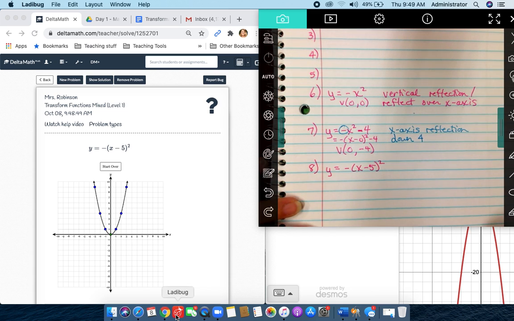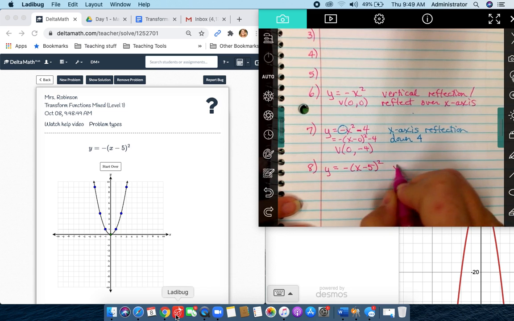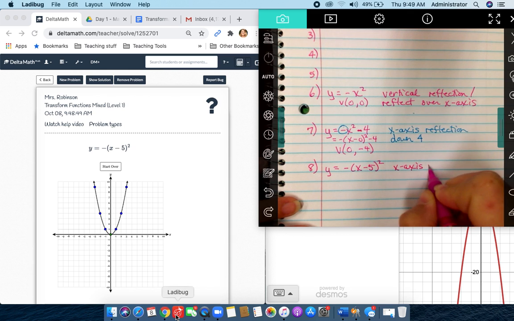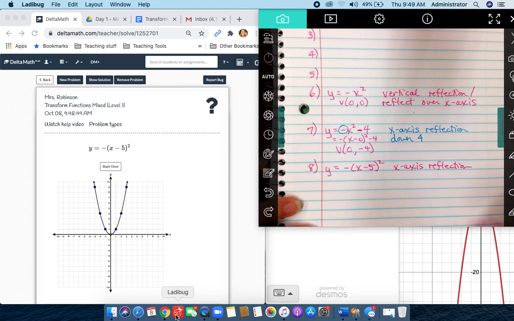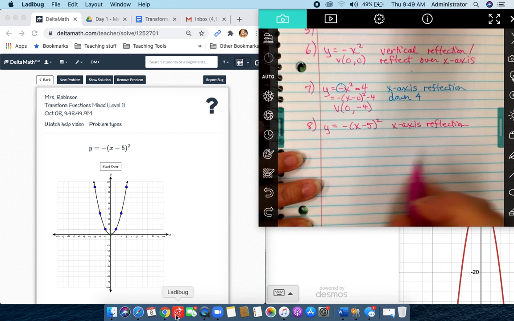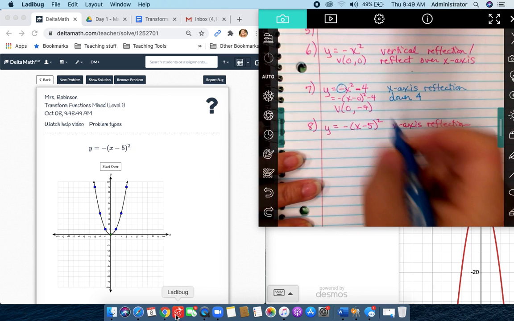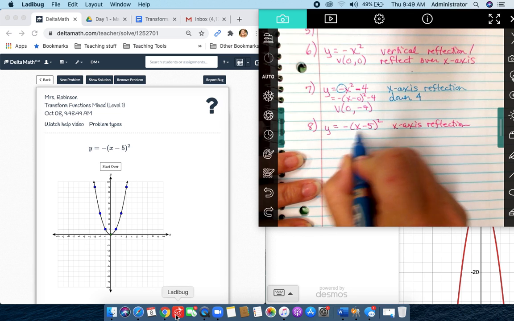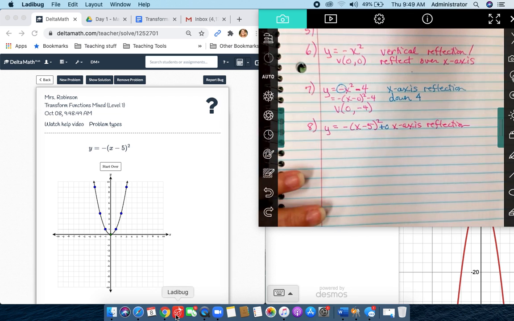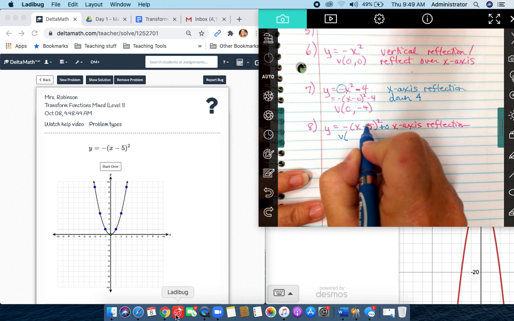I have a negative, so that's an x-axis reflection, or whatever your preference is, the vertical reflection, reflect over the x-axis. And we're going to think about that vertex. So remember, if you don't see anything on the outside, that means there is no vertical shift. So that would be a +0. And therefore my vertex is switch, keep,